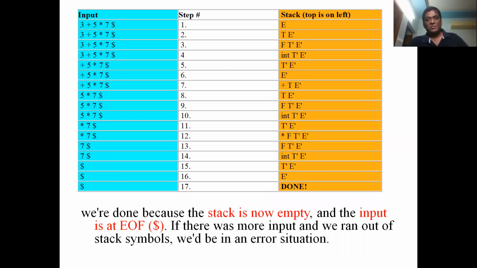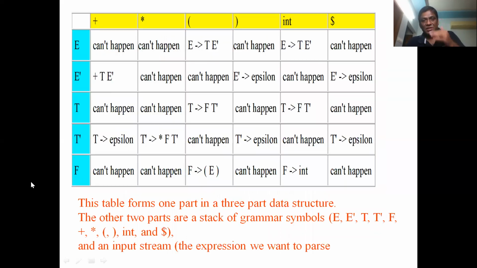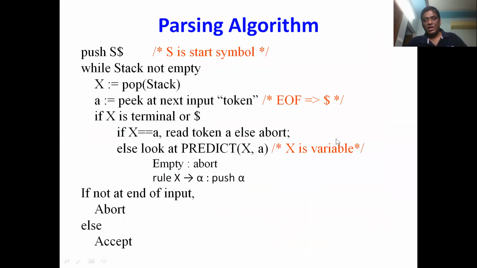Then what is remained after star is matched? There is only 7. Now it is f versus int, because f can be directly substituted with int, because f int combination is int only. So int and int matches, they will be removed. So dollar and T dash E dash. So what is the combination T dash comma dollar? What it is saying in the prediction? T dash comma dollar is T dash epsilon.